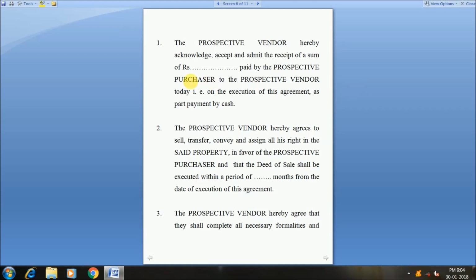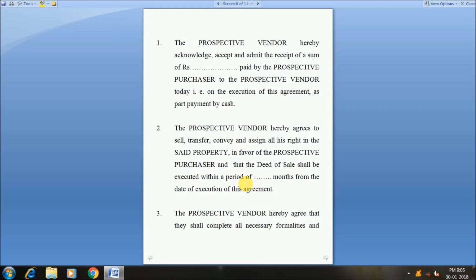Now, the date period within which the agreement is to be completed is also required to be stated in the agreement. Otherwise, the agreement always remains in limbo, because the parties have to know as to when the agreement would finally crystallize. So, therefore, it is always safe practice to state within what period the agreement is to be completed, unless otherwise the parties explicitly agree that they do not want any time limit for the said agreement. Now, proceeding further,